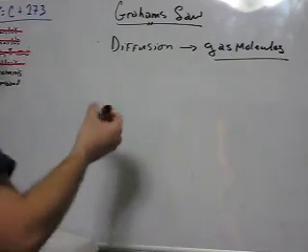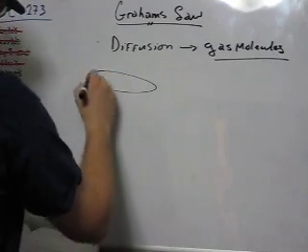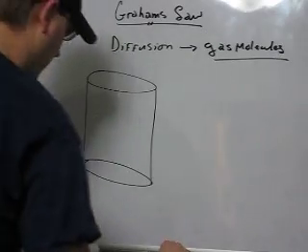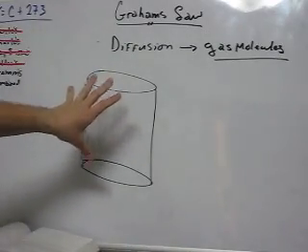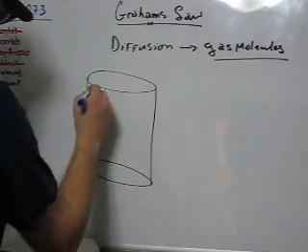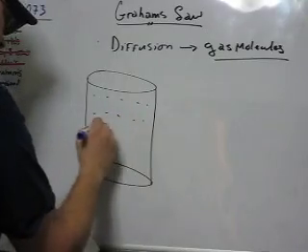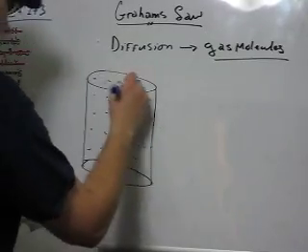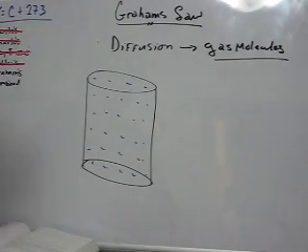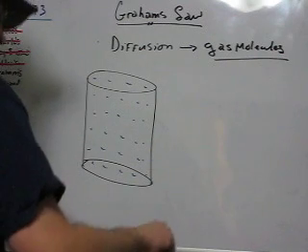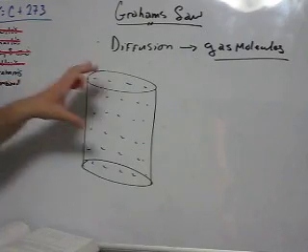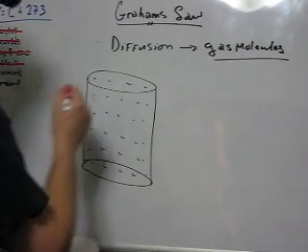So, if you can imagine that I have a container, and I have, we'll just say, some gas homogeneously mixed in this container. Maybe it's nitrogen, maybe it's helium, maybe it's hydrogen, whatever kind of gas. And it has a certain pressure and a certain density and volume and so on. We don't need to really talk about that right now. I have a gas in this container, and then I add